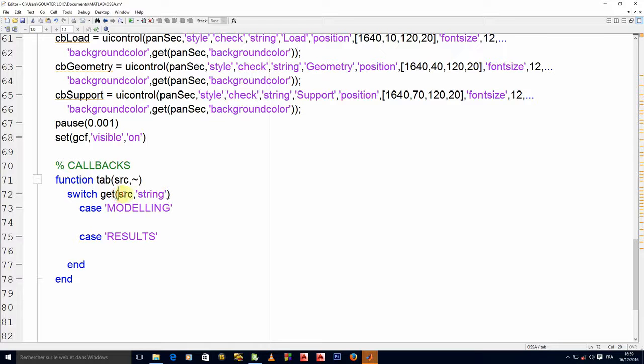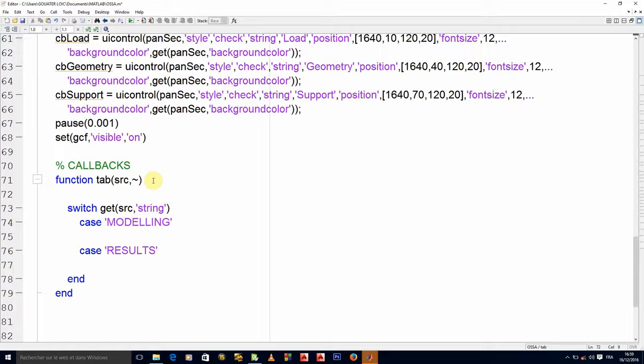So the source here indicates the one I have clicked on. I check the string property of the one I've clicked on. If it's modeling that I've clicked, whatever I write in this case is what will execute. And if it is results that I've clicked, whatever I write in this case is what will execute. But there is something that has to be done for all of them.